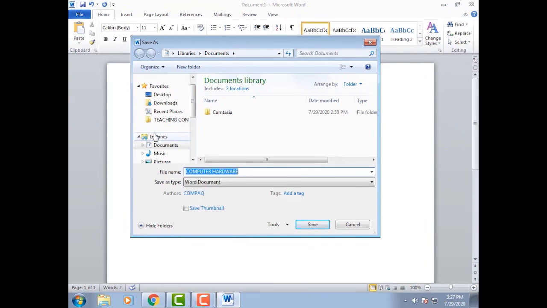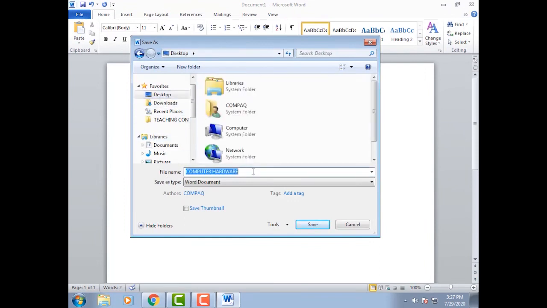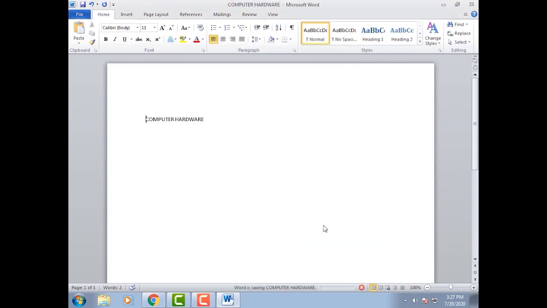If you want to save the file on the desktop, click on desktop. Type the file name here. Suppose I have written here computer hardware. Now you have to click on the save button. Now your file is saved with the file name computer hardware. In this way you can create a document file.